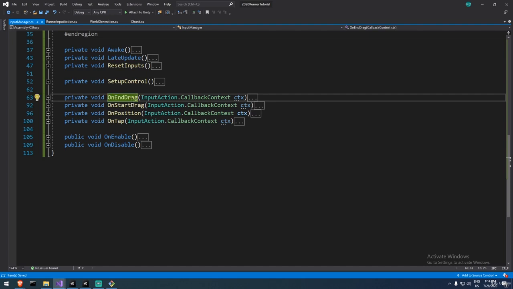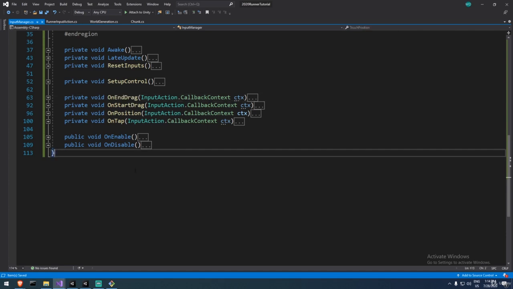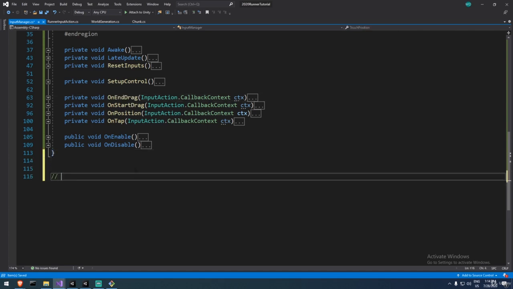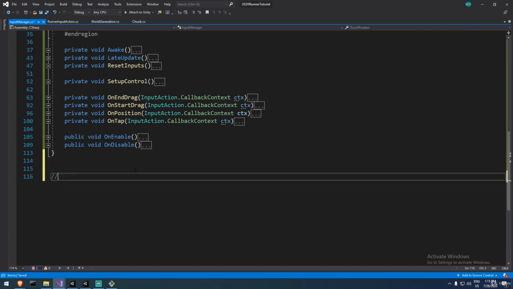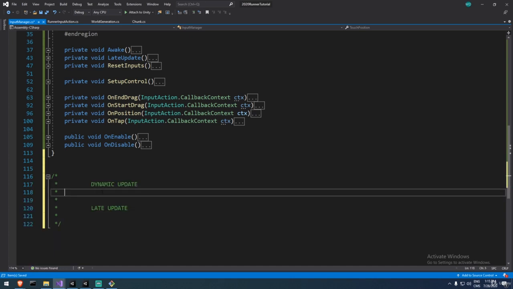What we will be doing next is we're going to address something that might not be a problem, but might also be a problem depending on how lucky you are. And that's the order in which the scripts are being executed. So if I was to do a quick timeline over here, we have the dynamic update, which has our input manager that processes